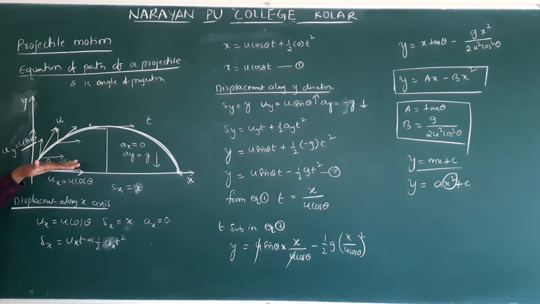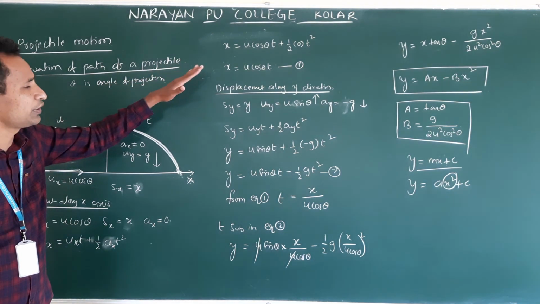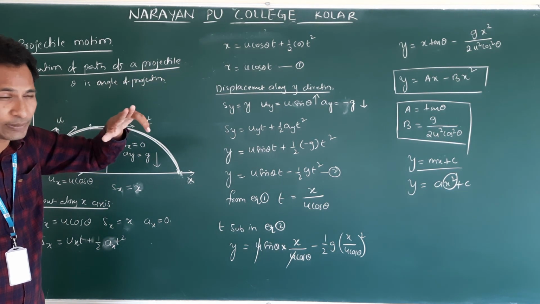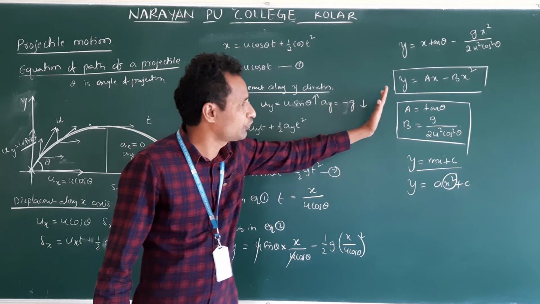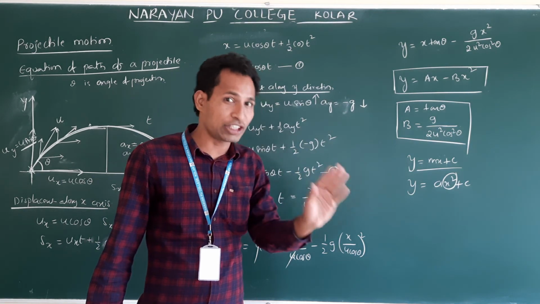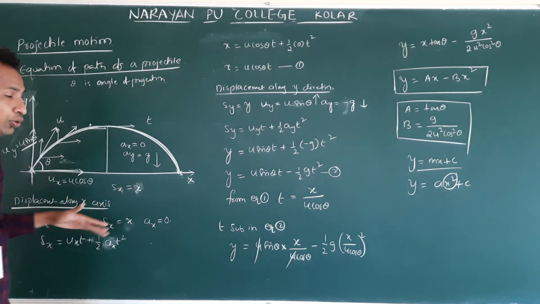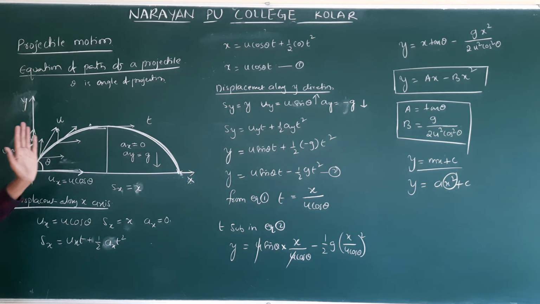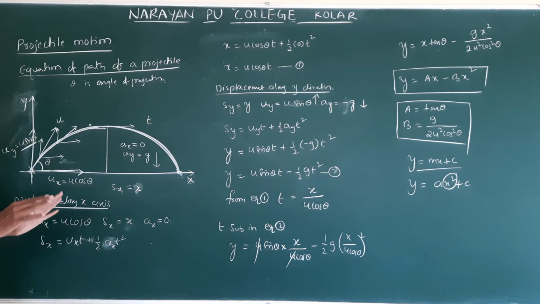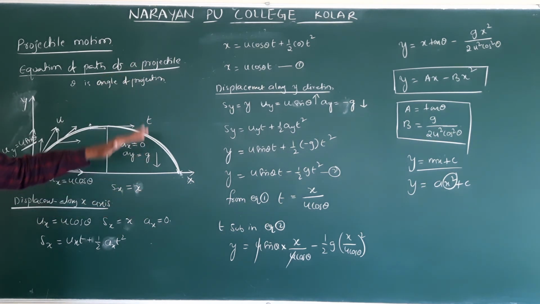First, drawing the figure is very important. Very simple, don't take it as difficult. All quantities we took along the x-axis and y-axis. The displacement equation s is equal to ut plus half at square we used. That's all. The first equation we substituted in the second, and we got the final equation. You remember it that way. Don't mug up; u cos theta, u sin theta, ay, ax, these are all. Don't get confused, just follow the concept. Then you can understand. Make a note of the consideration and the figure, everything.